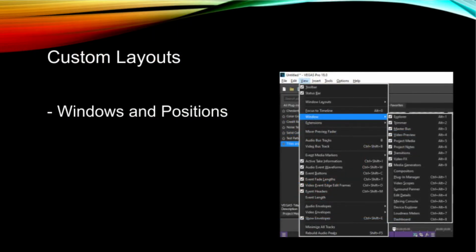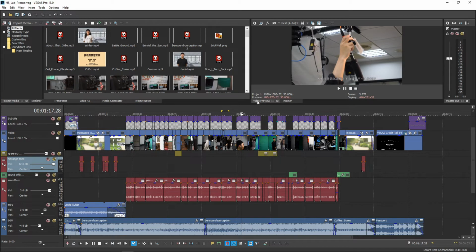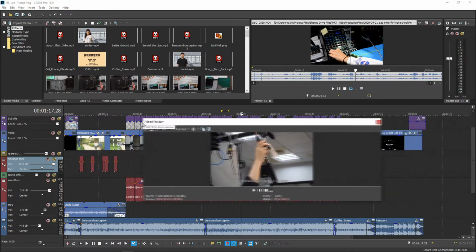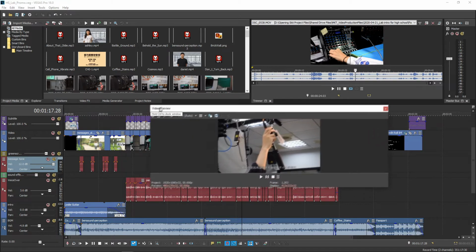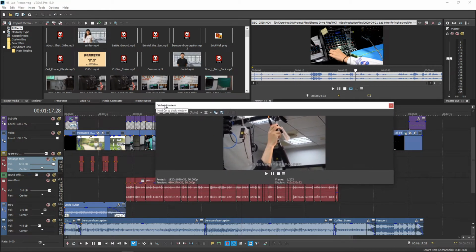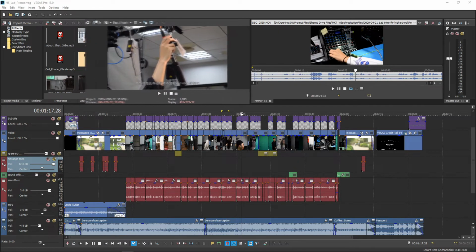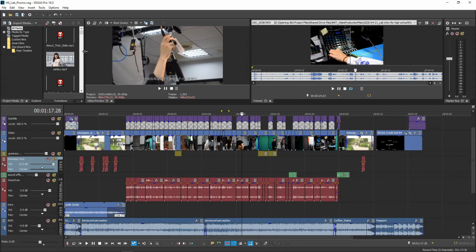They can all be moved around to wherever you like. All you need to do is drag the tab as shown here, out of place, and it will automatically become a separate window, which you can then drag to your desired position. If you'd like, you can hold Control to dock the window back into the Vegas UI so it looks seamless and more organized instead of having a bunch of windows floating all around your desktop.